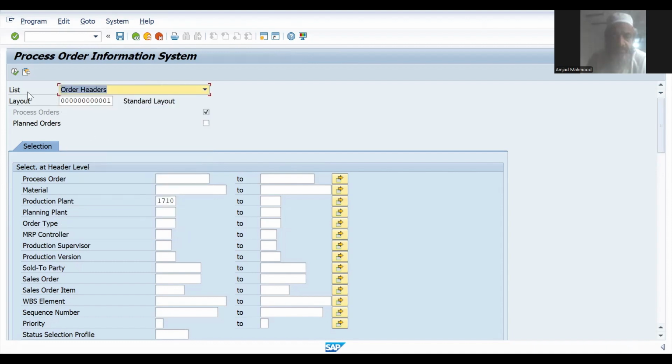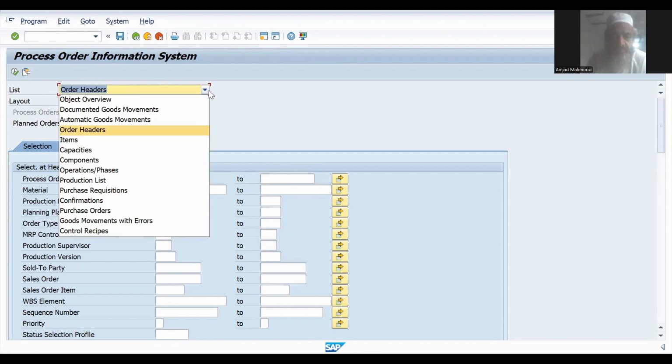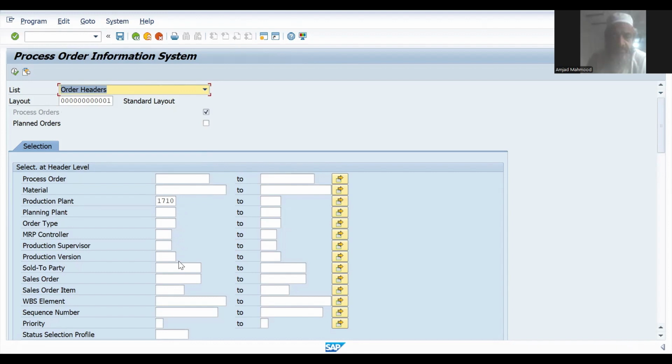There are so many other options and selection parameters which you can use for a certain sold-to party, a particular production supervisor, or a particular plant, or if you are focusing on a certain process order, then you can limit your selection in it. Then it executes and gets you